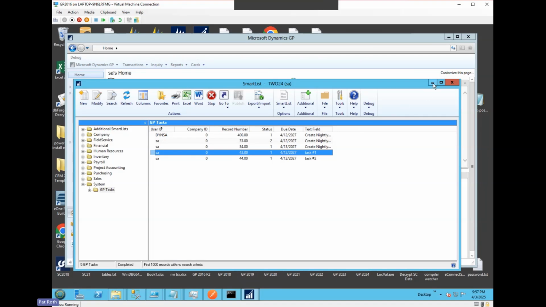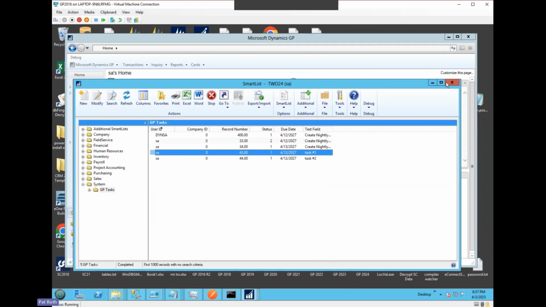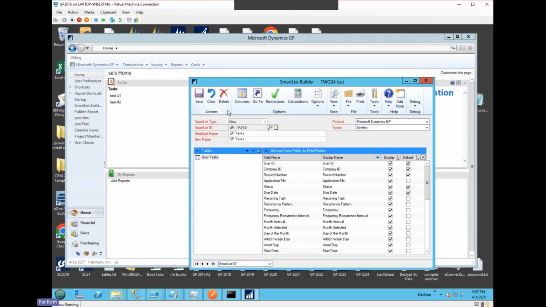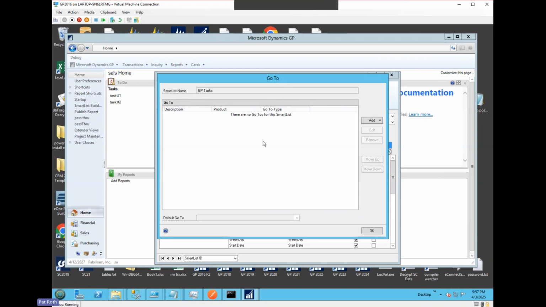All right, so now the pieces are pretty much coming together about what we need to do. So let's close the smart list and go back to SmartList Builder. We want to make a Goto. There's none yet, again, there's no built-in ones. Open file doesn't make sense. Open website, none of these. Execute procedure maybe,